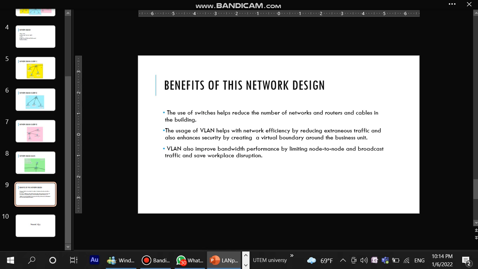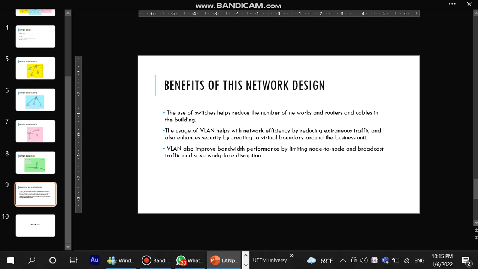After all this design for this company, all the most information were mentioned before, we can get some benefits of this network design. The benefit is that the use of switches helps reduce the number of networks, routers and cables in the building. Of course, the usage of VLAN helps network efficiency by reducing